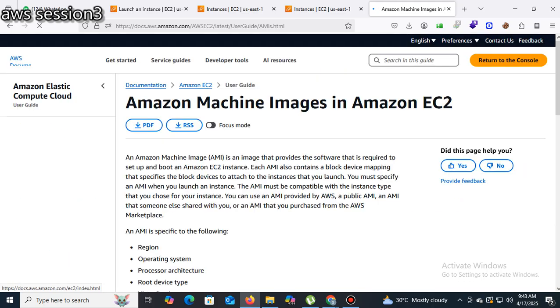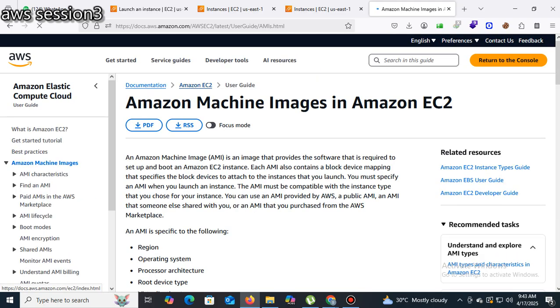It's nothing but an operating system file. Always the operating system file is in image format. Any operating system, even on a physical computer, to install the operating system on top of the physical machine, we use the image. The file should be in the image file format. Suppose if I need to install an application, it will be in the .exe file format. Like that, the operating system software is in the image format. Understand?